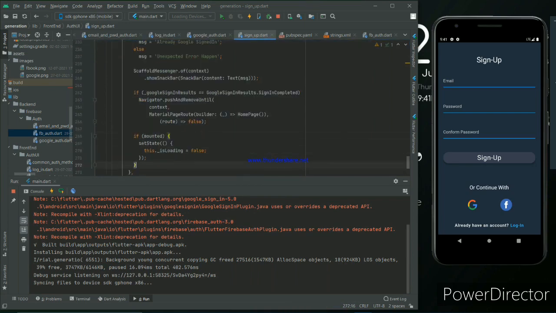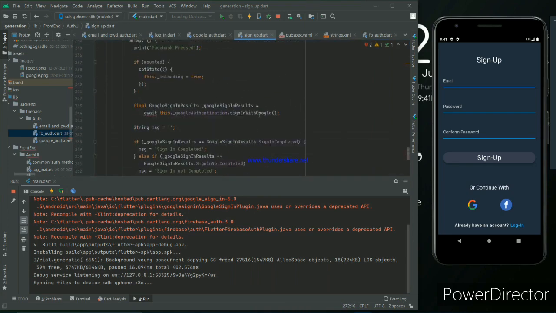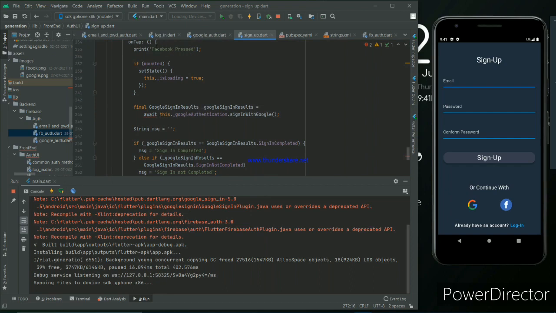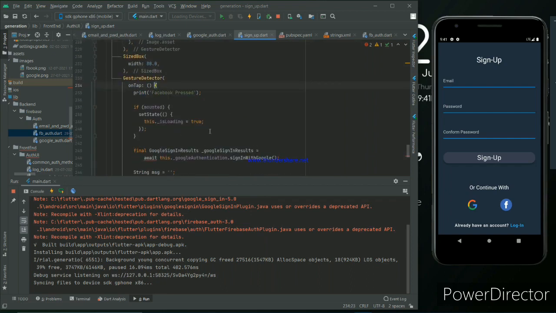Here in the Facebook paste, so we have to make it an asynchronous callback just like before,